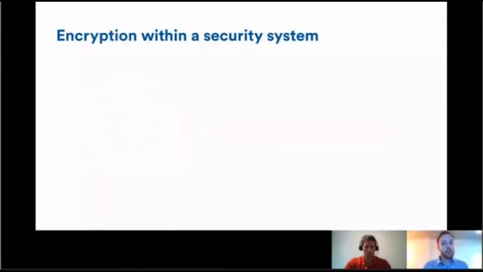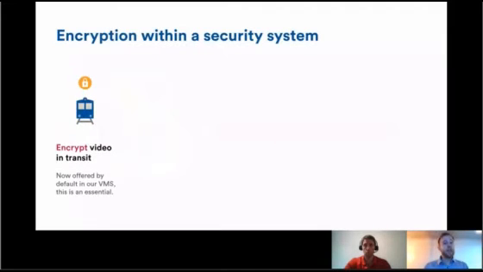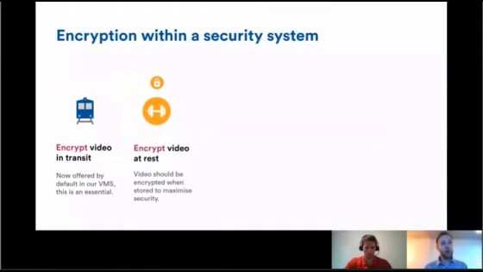So within a security system, there are many methods and places where you can encrypt video as well as other types of data within that system. So the first one is encryption of video in transit, meaning while the data is traveling. This is activated by default now in our security platform. And then you can encrypt that same video at rest, right? So when it is stored,